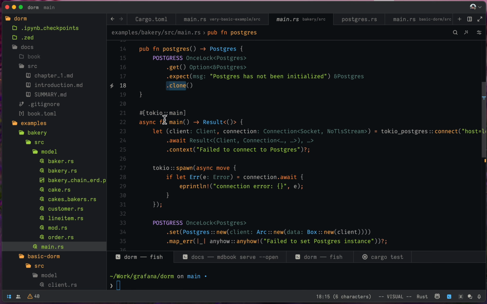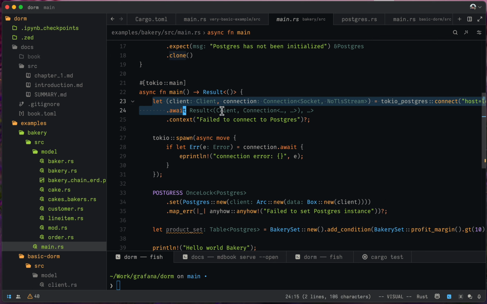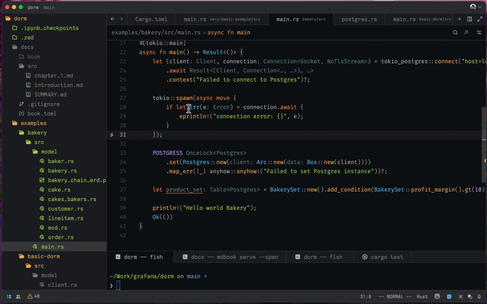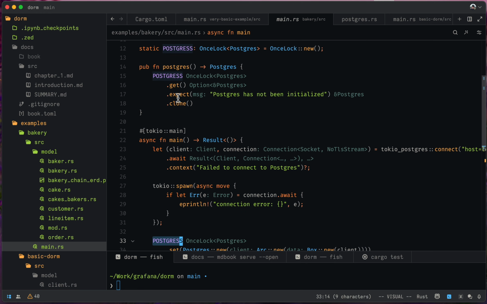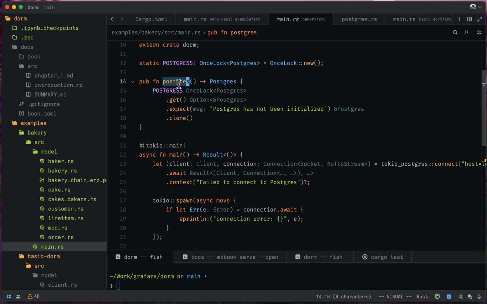And in here, this is our new main method. So this is exactly as we had before. So we are arriving at the client. And then we're saying set Postgres to arc of box of the client, and we generate the Postgres. So we're creating this Postgres. We're setting it as the value for this global variable Postgres. And we also have the method to access Postgres, but it's not going to give us the